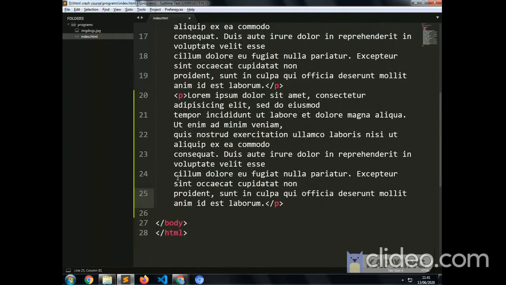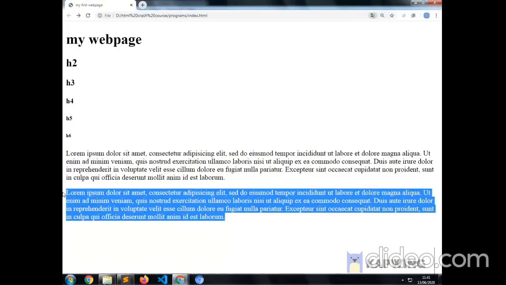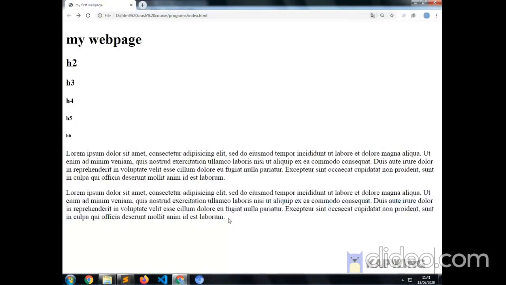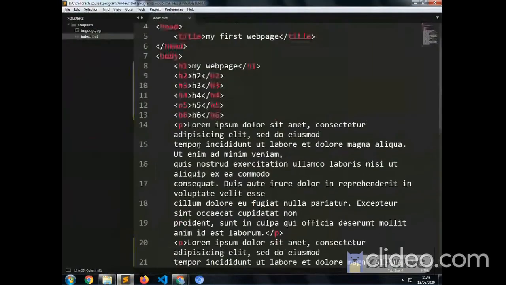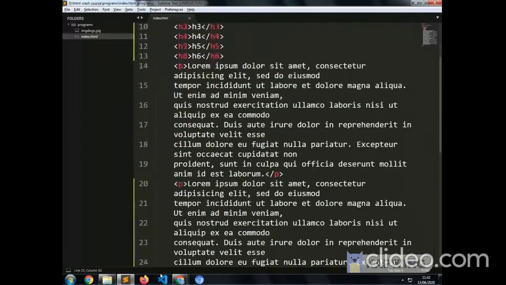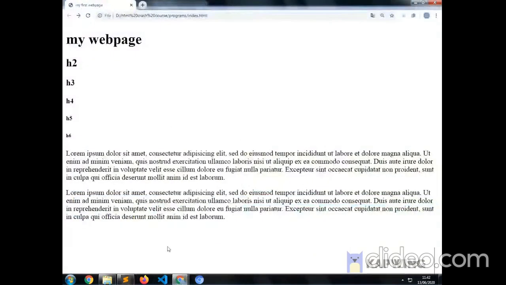So now, yeah, we have created a new paragraph. If I refresh, you can see the changes. So there's a new paragraph that is for head and paragraph. And now if I show and if I inspect,